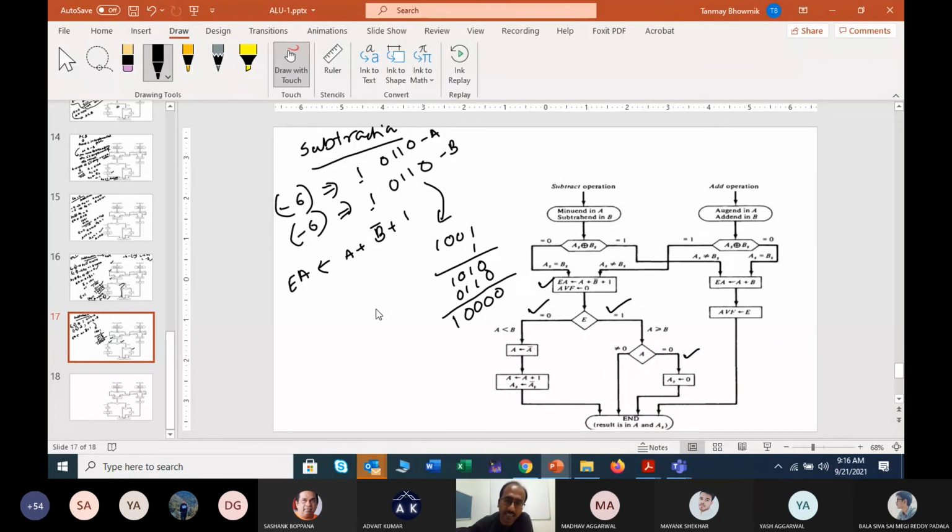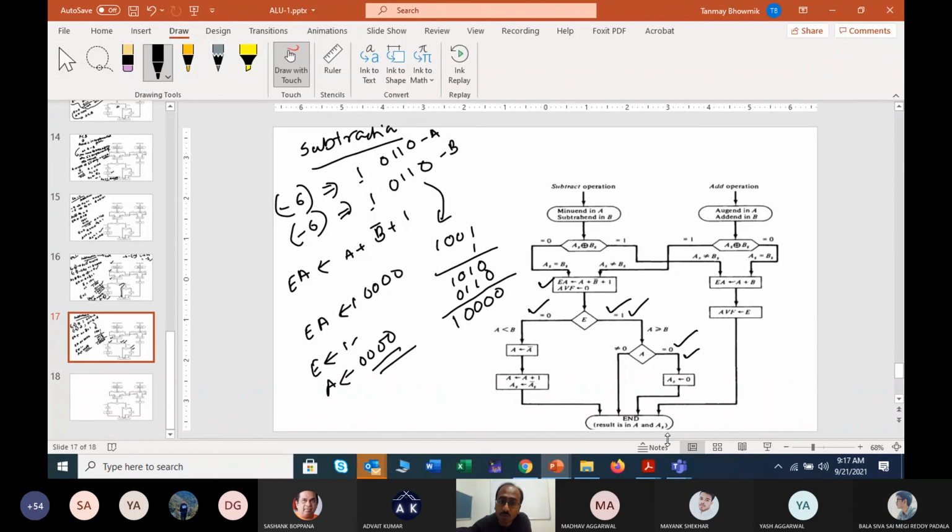So now the result we are getting is that EA will hold 1 followed by four 0s. So 1 followed by four 0s means your E is holding 1 and your A is holding all 0, right? So now we are checking that in this case your E is 1, we are coming in this zone, E is 1, and then you check whether your A is 0 or A is not equal to 0, and now you observe that your A is 0. So it is coming in this zone, A equals 0, right?